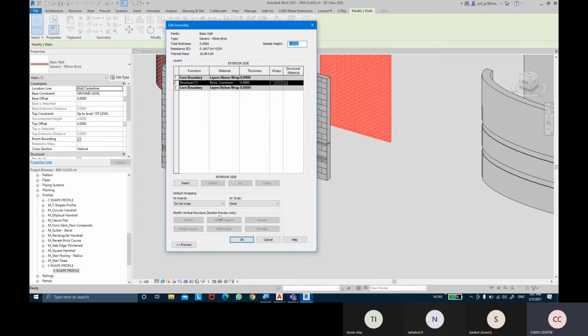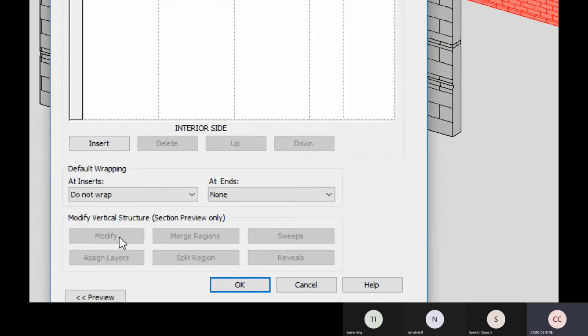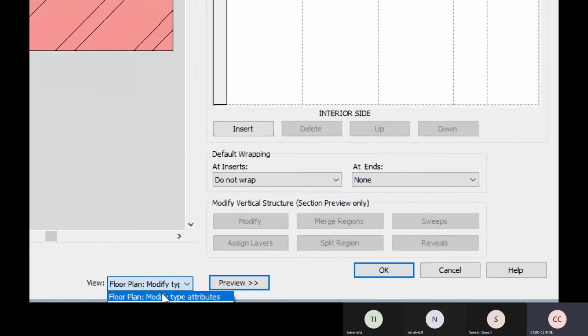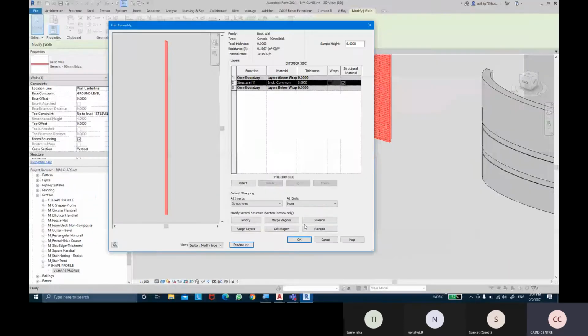The reason is that if you want to use these parameters that have been given, you need to turn on the preview mode, and that too a section preview mode only. So I need to turn on the section preview mode, so that now I can use these parameters. Okay, now I can use the reveal option.